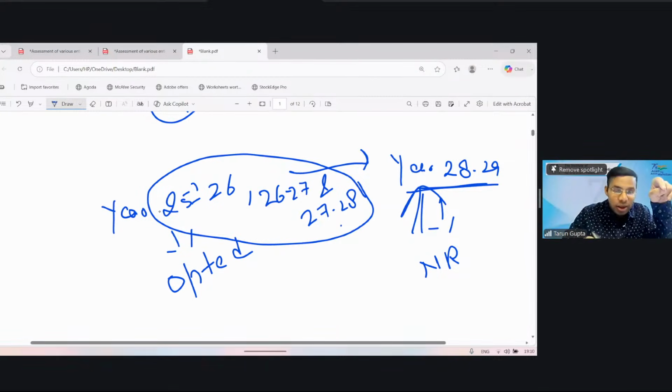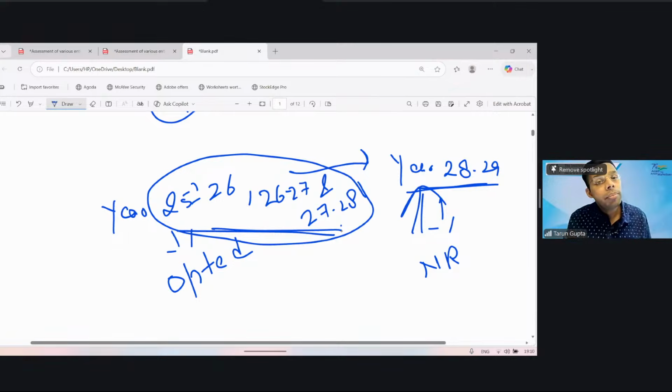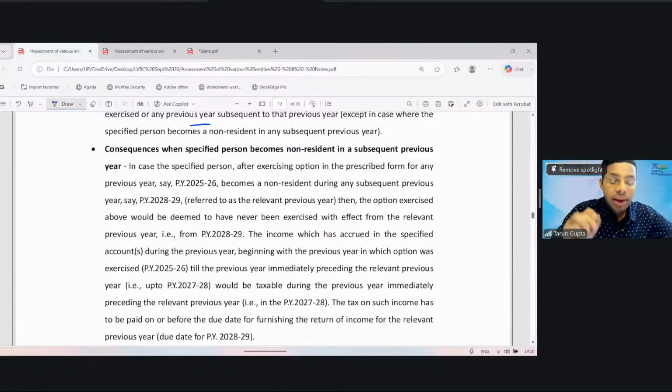But for these 3 years, the years immediately preceding the year in which I became non-resident, the income was left to be taxed by the Indian government. And now, since you have become non-resident, I will tax the income of these years, but I will give you time up to the due date of furnishing return of income for the year in which you become non-resident. So clear? So if you read what it says,